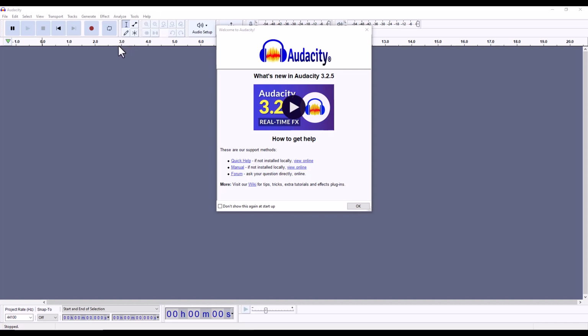But with Audacity, it's a very robust tool and it's available for Mac or PC, unlike GarageBand. And it's free. And so right off the bat, you have a tool that anyone can have access to as long as they have a laptop.